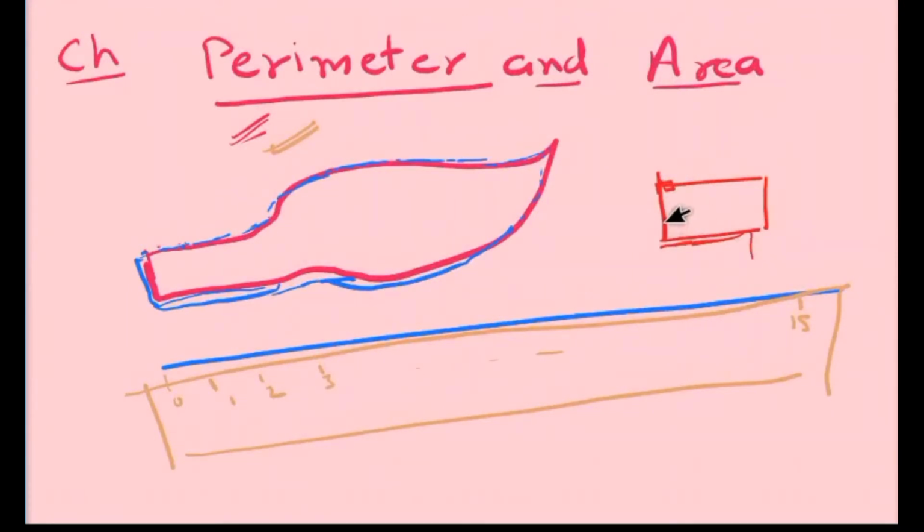If you want to know the boundary, you have a rope and you fit the rope along the boundary, and when you open this rope, the length of the rope can be measured by the scale. This way you can know the boundary of any irregular shape, but your plot is a regular shape, that is a rectangle, and this leaf is irregular. Using thread and rope we can measure the perimeter. Okay.